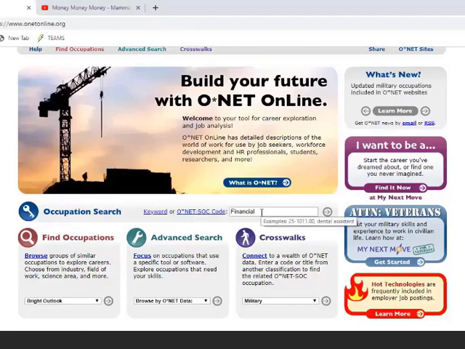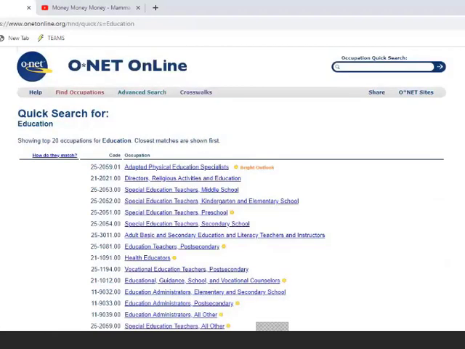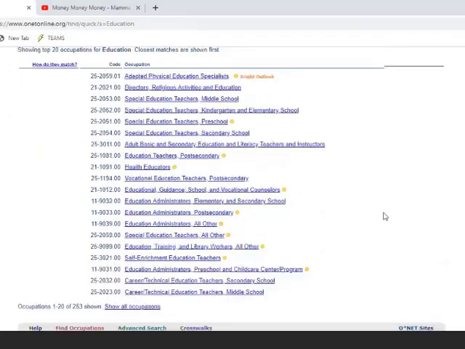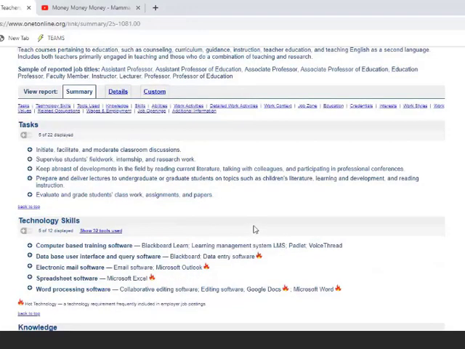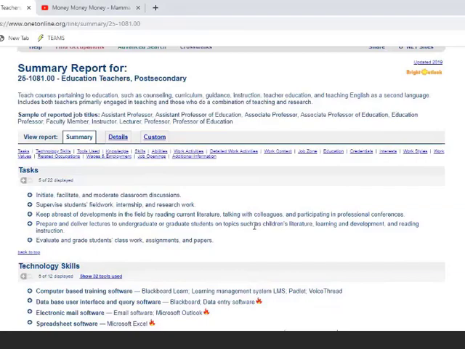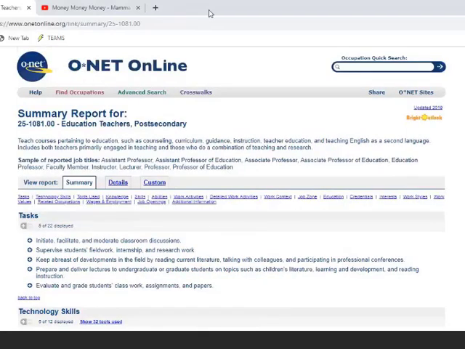But just remember, you can list almost anything. You can put in education, and it lists everything that comes up with education. Then just go in, education, teachers, post-secondary. Here we go. And it tells you everything that you need to know about that particular job.